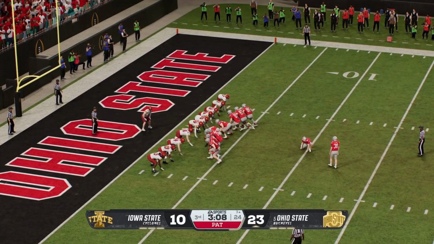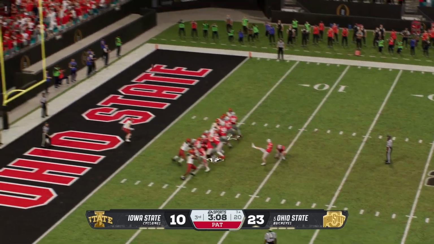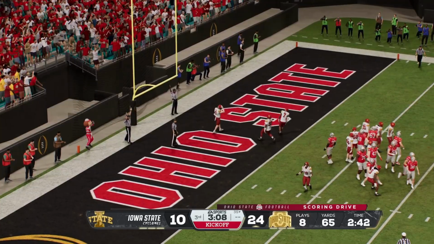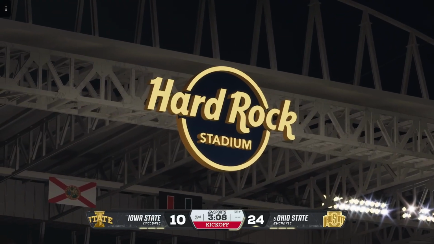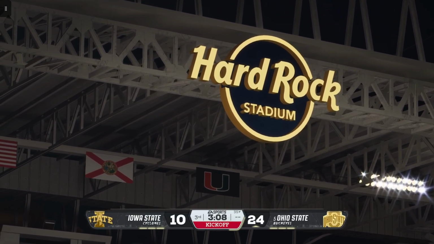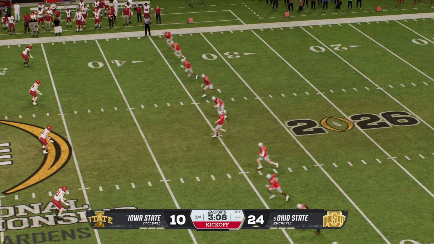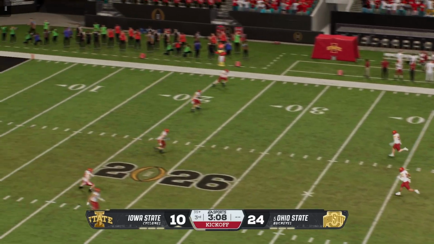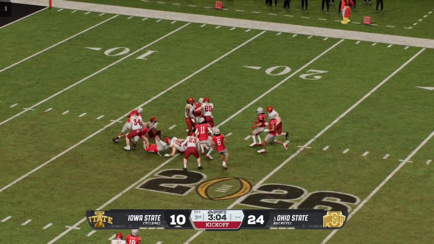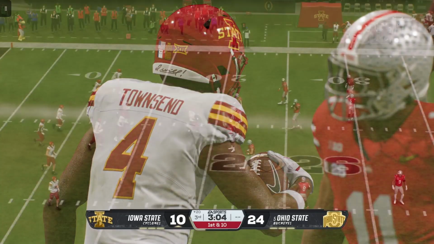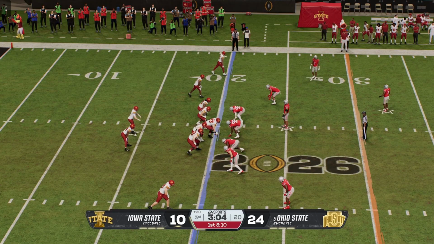So they'll try to add to the lead now with the PAT. The extra point is good, and they stretch the lead a little bit more. Got momentum after scoring that touchdown. Now the kickoff team out there to kick it away. He'll return it from inside the 5. He stopped at the 20, tried to make something happen. That's good coverage there. And here comes the Iowa State offense back on the field now.